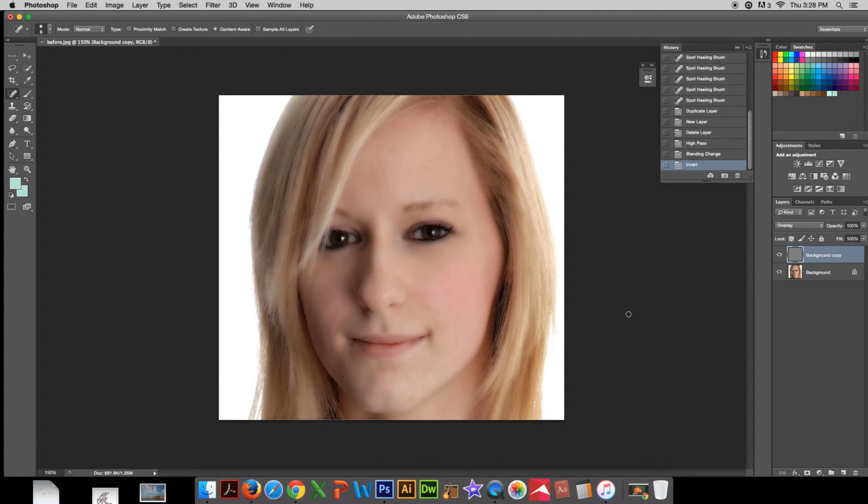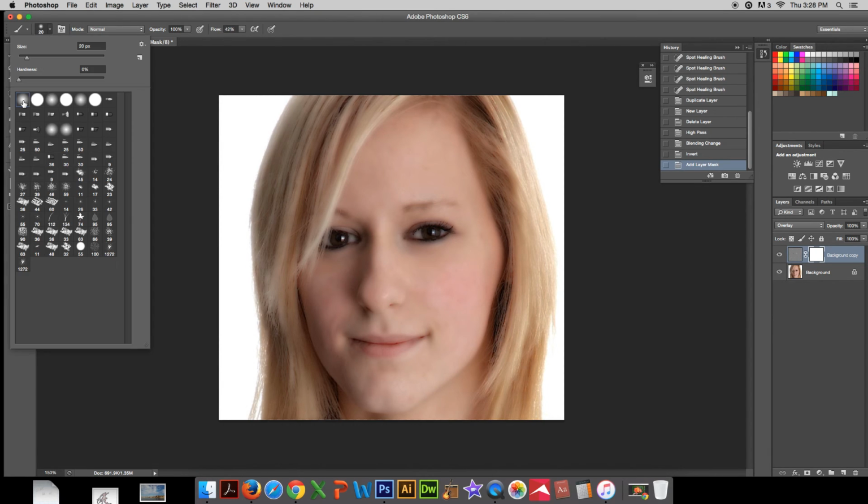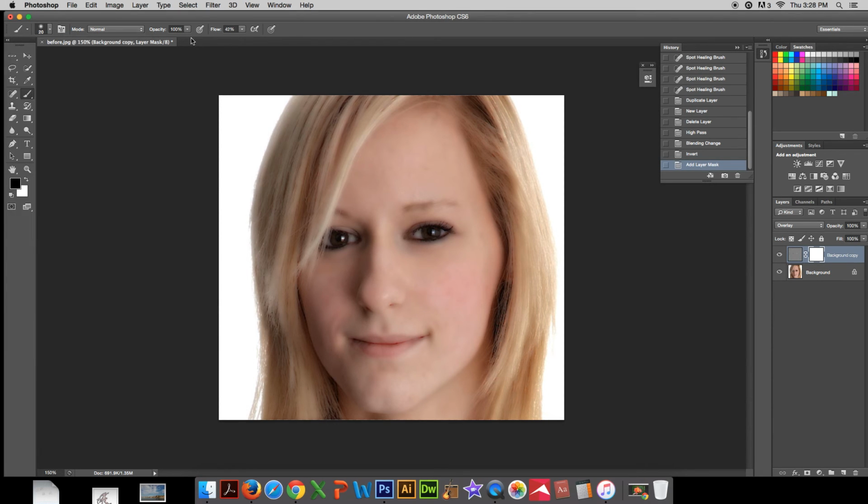So to solve that problem, you're going to come down to the Layer Mask option, which is right down here. It's the little white square with the black dot in the center. When you click that, this option pops up. You can see the white square in that layer. Now I'm going to go to my paintbrush, hit letter B on my keyboard, and choose a soft brush. You can tell the difference between the hard and the soft. And I'm going to change my flow to about 40 or 50. This is going to allow you to lightly paint back in the details. And you do that by creating a